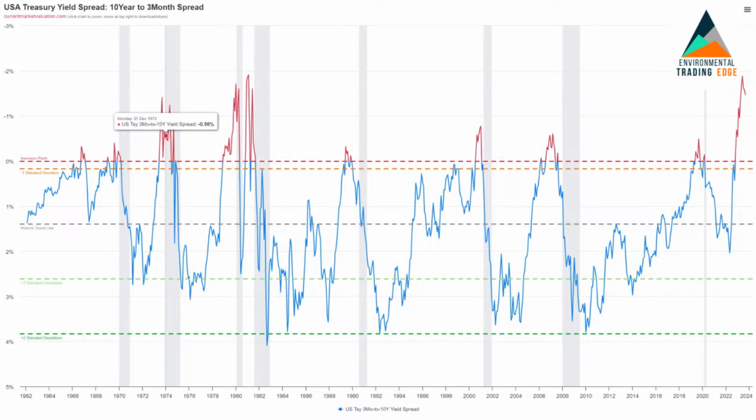So when the front end of the bond market, or the front end of the yield curve, goes up, it means that the general market participants are expecting inflation to be higher in the shorter term. And then when the back end of the yield curve rises, it means that participants are expecting that inflation to stick around for significantly longer. So the fact that